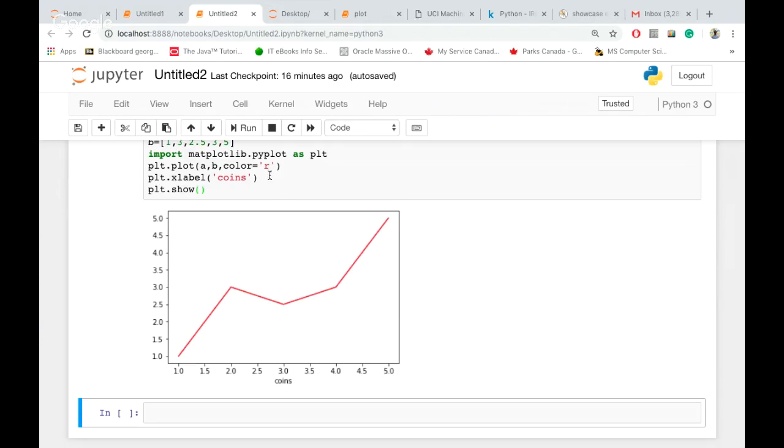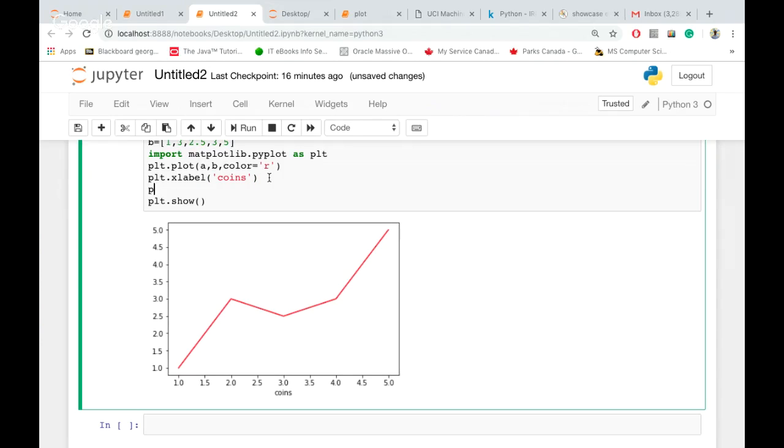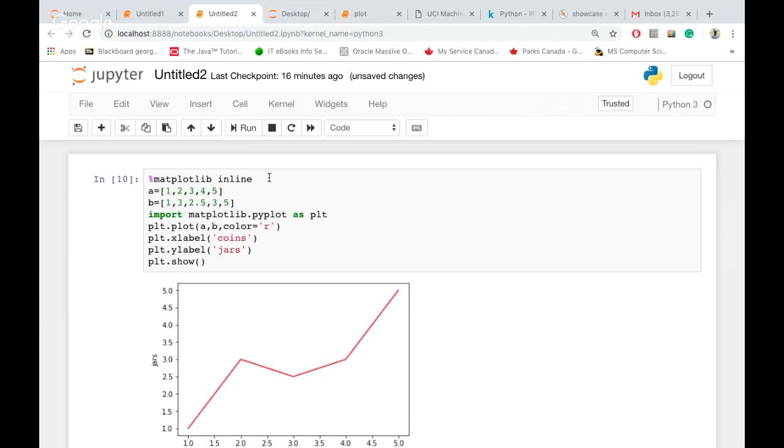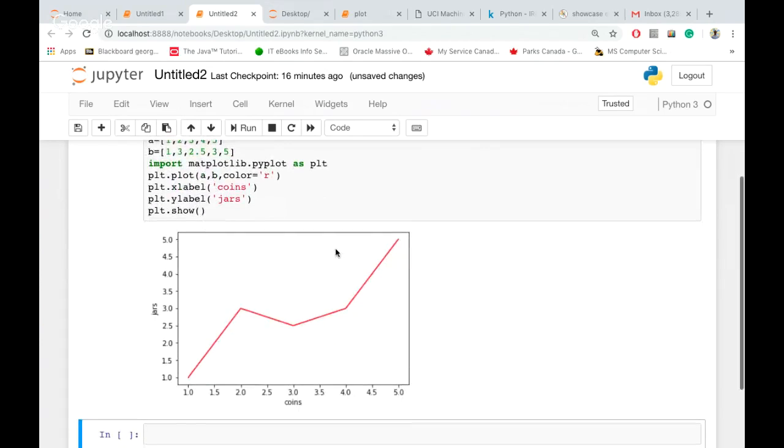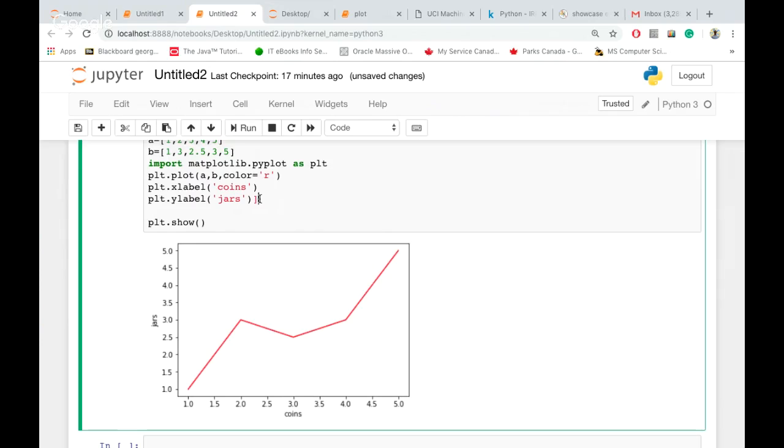right? And then at the same time, I can go and say plot y label. And we can say that these are the amount of, I don't know, jars that I have, right? And there we go. So now we added an X label and a Y label. Then, let's say we might want to add a title, right? We want to add a title, then we go